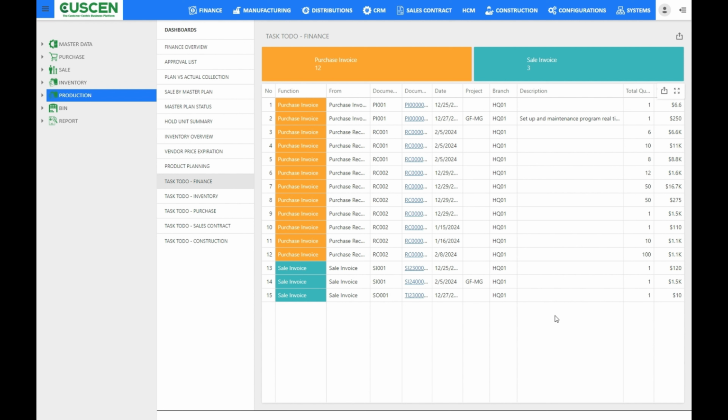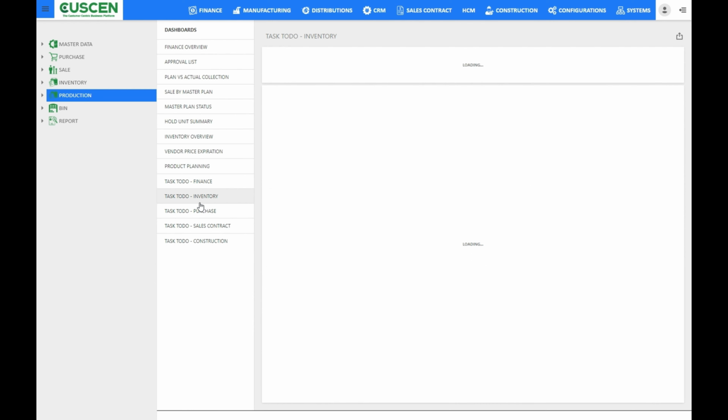Here we have Task to Do Finance Dashboard. It is designed to keep all finance tasks that need attention. You'll notice the difference between purchase invoice and sales invoice, with a tally on the top indicating the number of tasks. Each entry provides document number, date, associate project, and total amount, enabling the finance team to prioritize tasks and